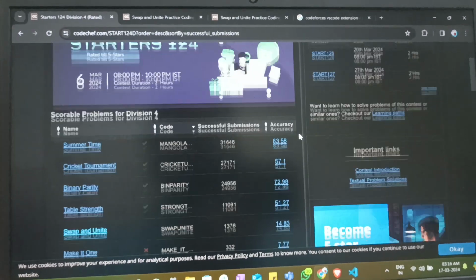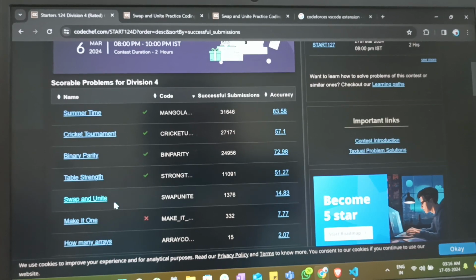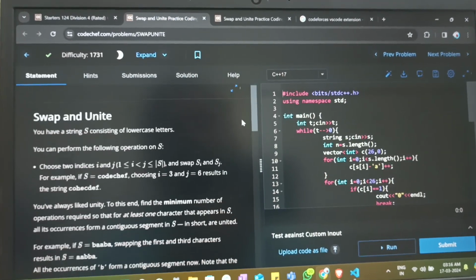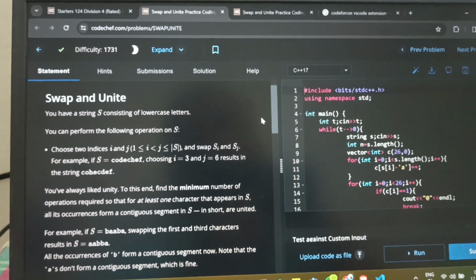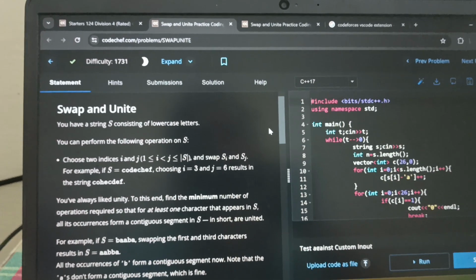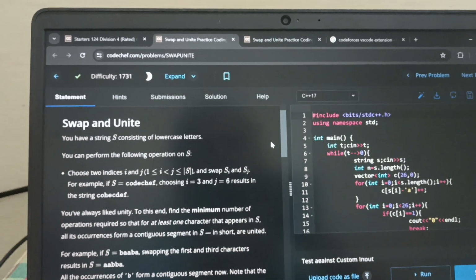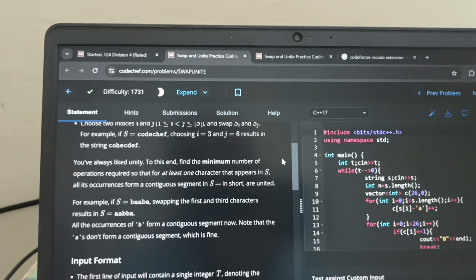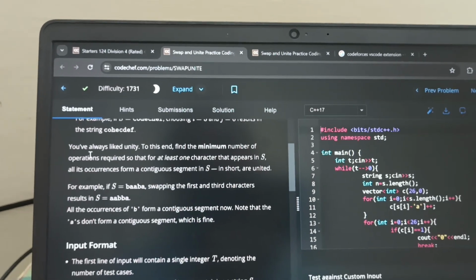Today I am going to solve a question on status 124. The question is swap and unite. Here the question says you are given a string consisting of only lowercase letters. You can perform the operation. The operation is you can swap between any two characters in that string, and you have